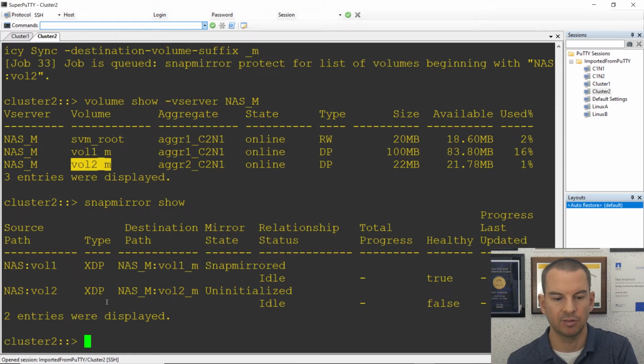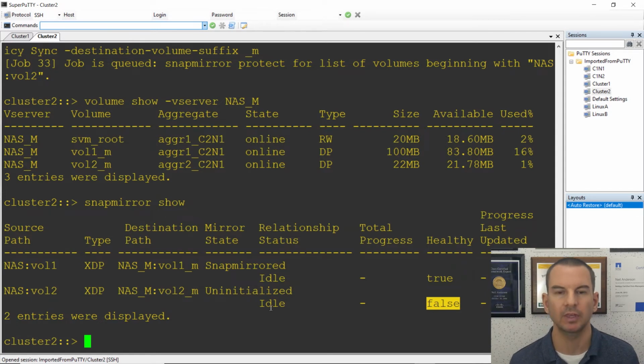Next up, let's do a SnapMirror show. And I can see right now that for vol2, it is uninitialized and it's false. And it looks like it's not trying to do the transfer either. So if you do a SnapMirror show command and you're seeing that things are not looking good, like it's not healthy or the transfer isn't working, the next thing to do is to get more granular information about that particular